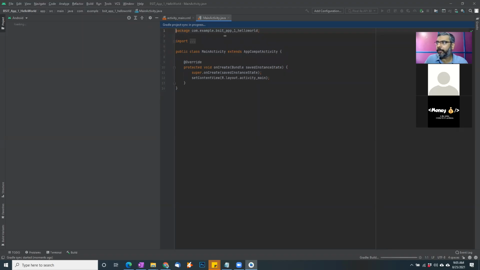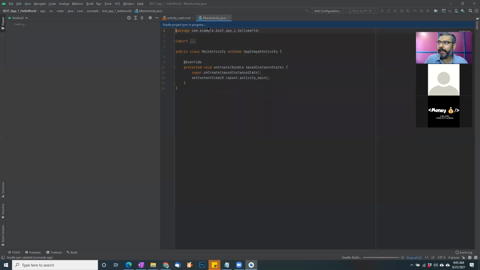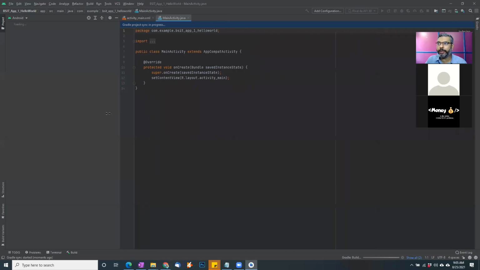It is developing what I refer to as my basic activity or main activity, so it's activity main XML and main activity.java files. Two files are created and my window here is still loading, so I need to wait. As you can see at the bottom it says Gradle build is working, so it's still building my project. So be patient with Android. Do not try to hurry. Do not try to be confused with it.